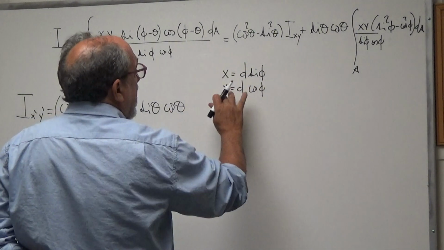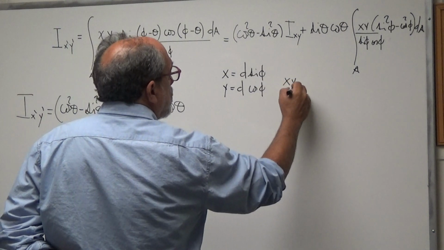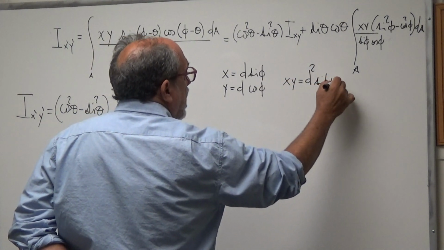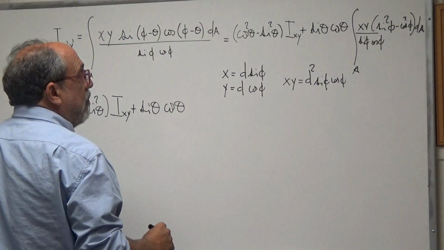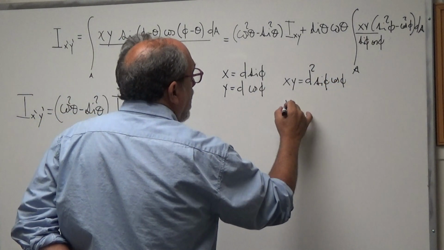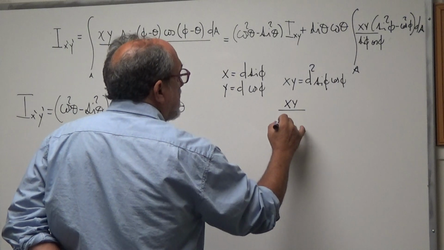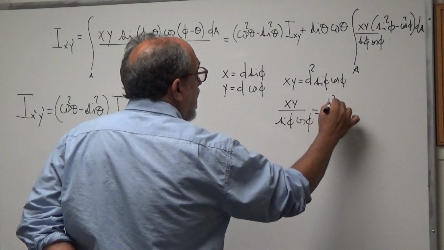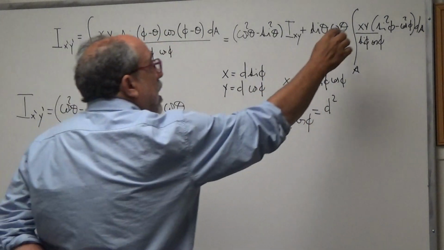So if we multiply x times y, we can see that x times y is just d squared sine of phi cosine of phi. Therefore, x times y divided by sine of phi cosine of phi is just d squared, right? So this part right here